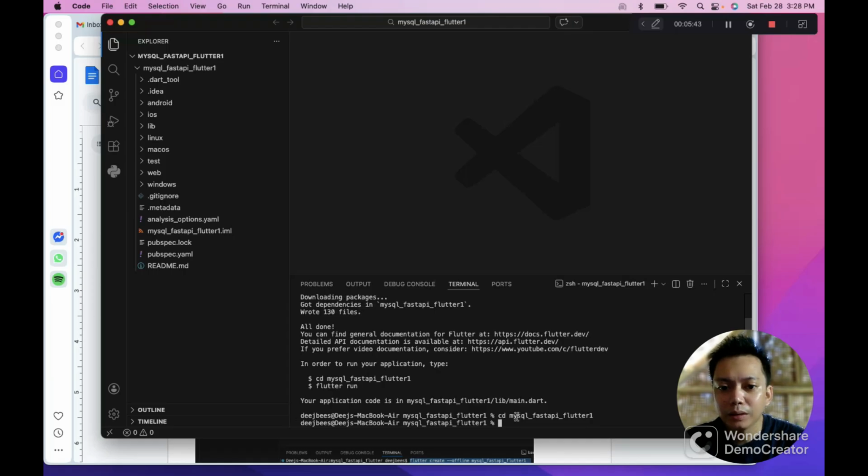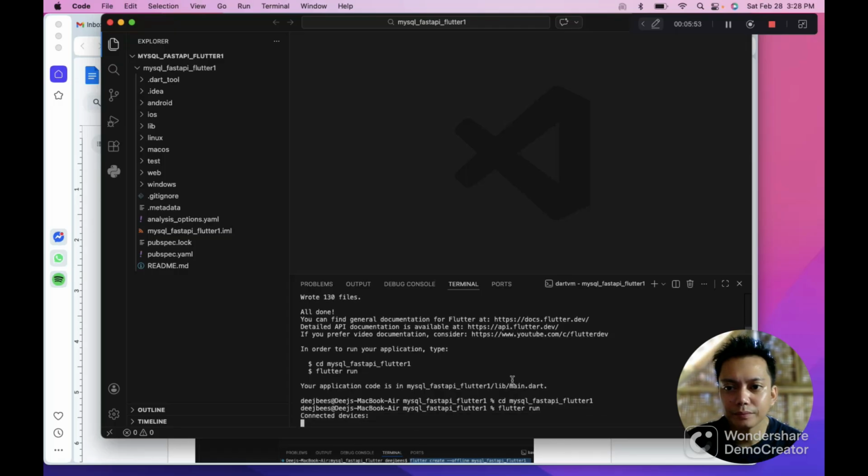Then once you are already inside this folder, we're going to run flutter run to test. So it is now connecting. We will just wait because this will take 1 minute or more.